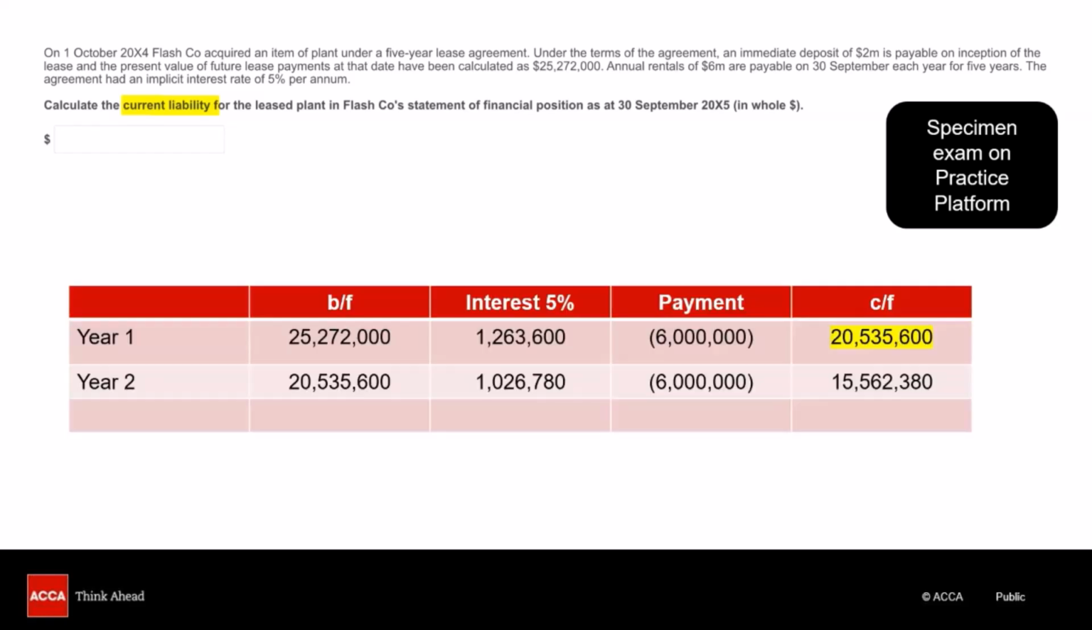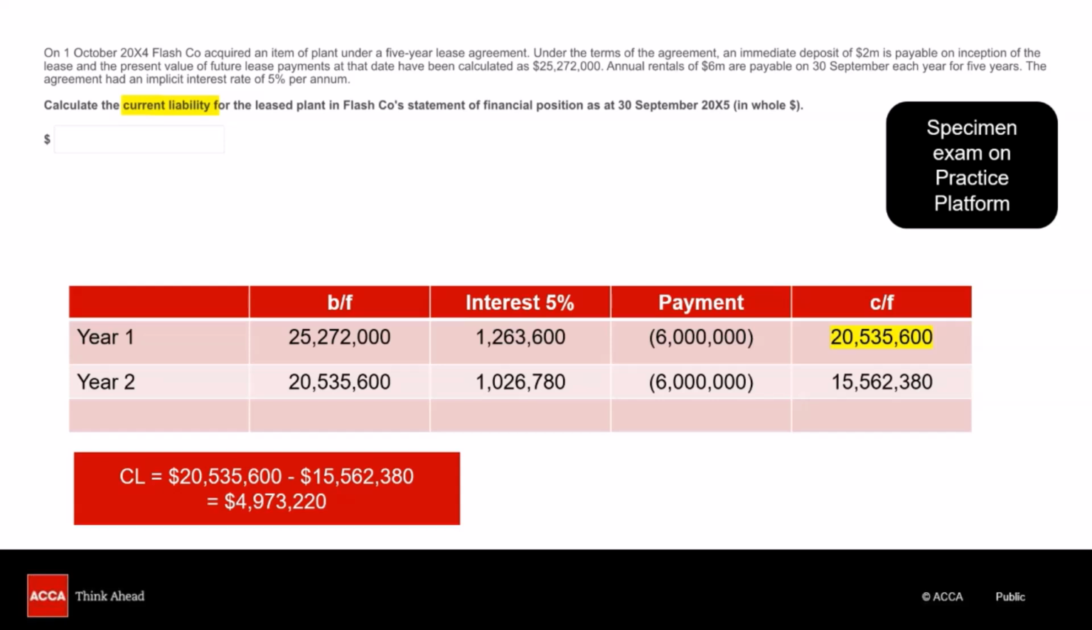This is the working that we are going to follow. So we had an opening balance of 25,272. We applied a 5% interest rate on it. We subtracted the payment, and the balancing figure is the carried down balance. Now that becomes the opening balance in year 2, which is 20,535,600. Again, we charge interest expense on it for the year, subtract the payment, and we have the carried down